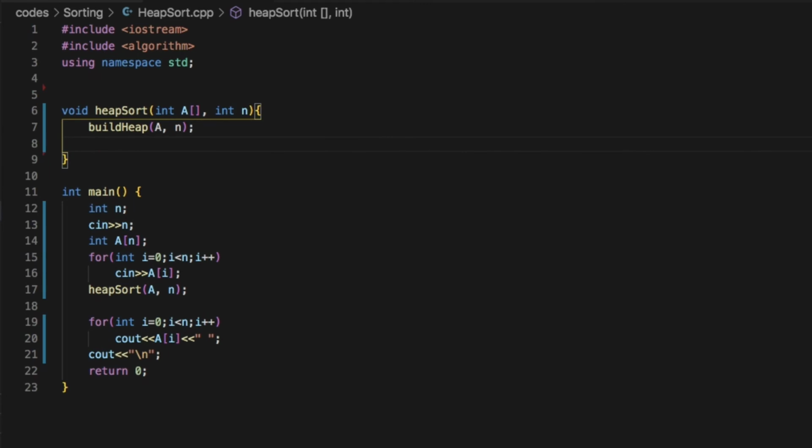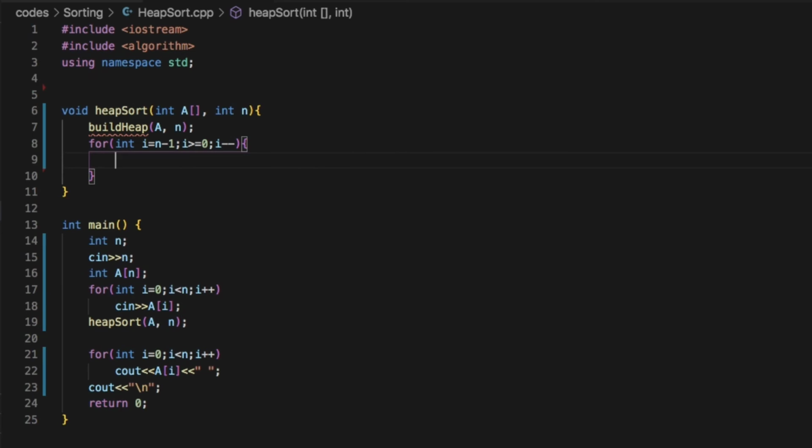After that, we run a for loop from I is equal to n minus 1 to I is equal to 0. That is, let's create a variable I and initialize it to n minus 1, I is greater than or equal to 0, I minus minus.